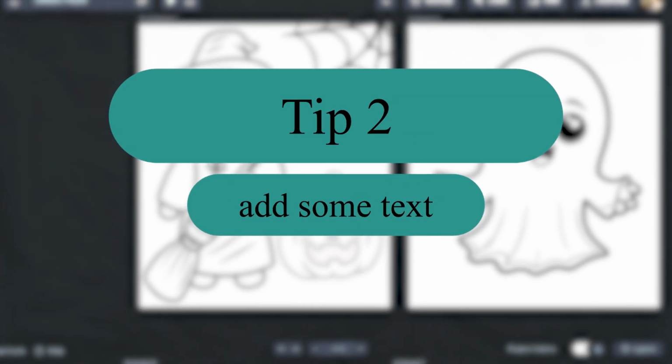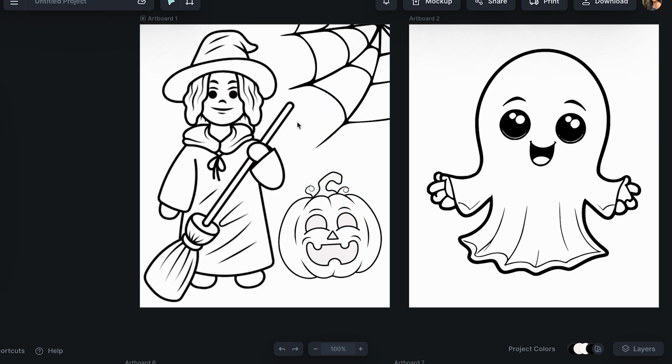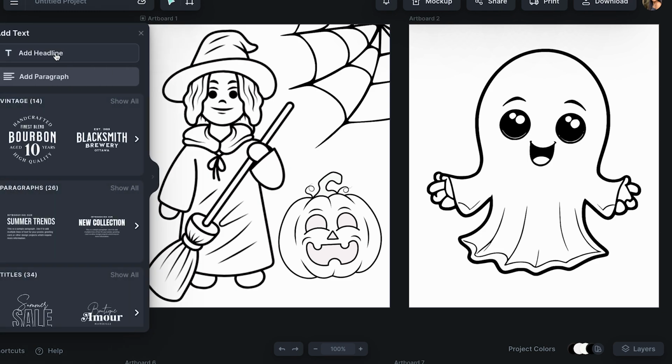You can go and add some text. Adding text will make the page even more visually appealing for buyers. If our coloring pages are for kids, adding educational text can increase the value of this to parents. So they already know that kids can have fun while they are also learning. And to do this, we can go to the section of text, and over here we can go and add